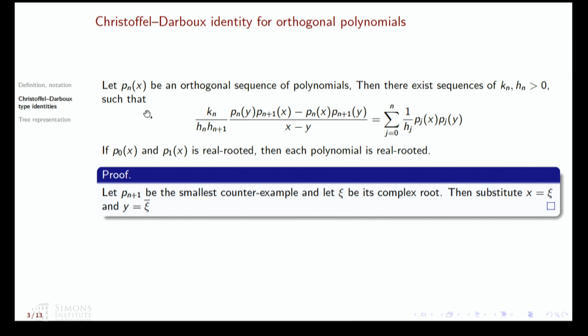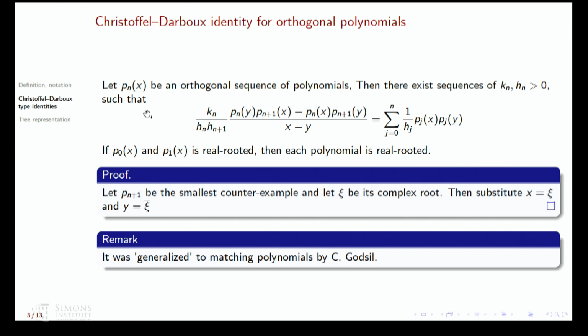What is happening on the right-hand side? We will see the conjugate of the same quantity, so these will be lengths of complex numbers, and these are positive coefficients. So the right-hand side is a positive number, and we get a contradiction. We didn't check the base case of the induction, but this is the moral of how to prove such a thing. Later on, Godsil generalized this and introduced